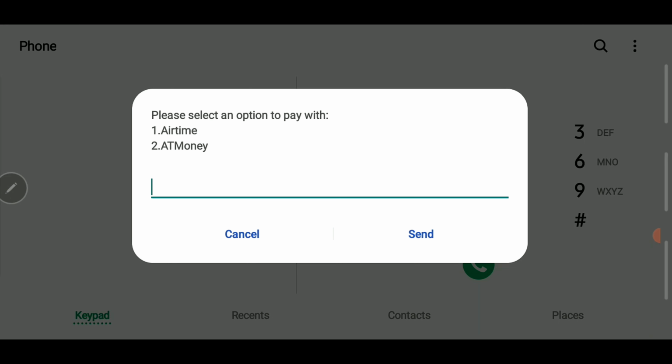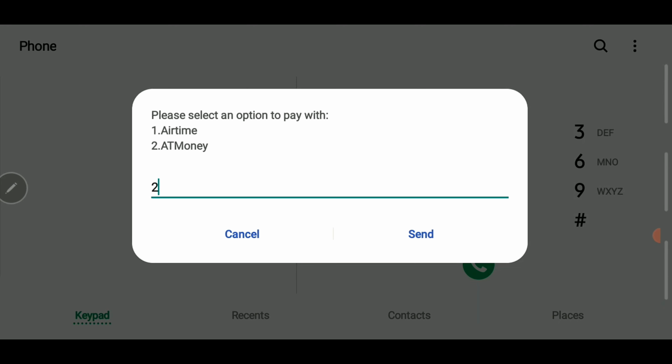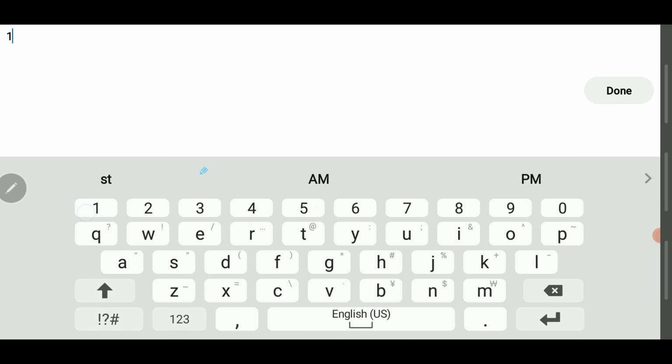Then you select your mode of payment. If you want to pay via airtime or AT money, you select the option that you want to pay with. So if it's just airtime, select one. If AT money, select two. So that's it. So you confirm,